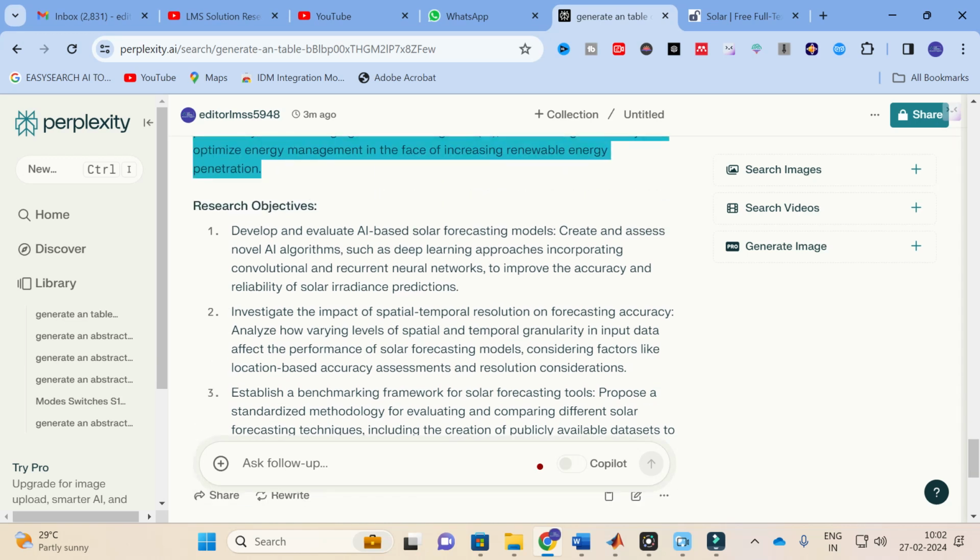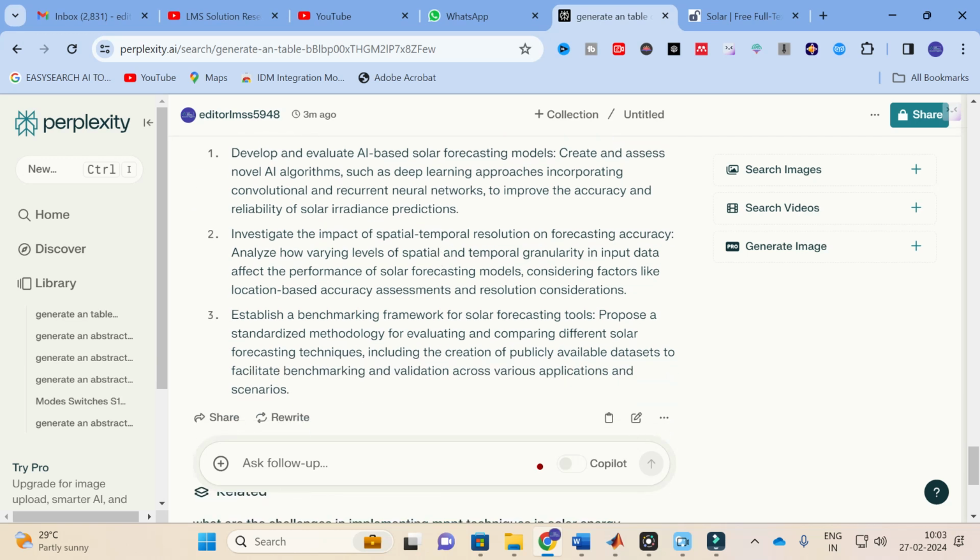Here you can see: develop and evaluate AI-based solar forecasting models, create and assess novel AI algorithms such as deep learning approaches incorporating convolutional and recurrent neural networks to improve the accuracy and reliability of solar irradiance predictions. Like that it has generated 3 different research objectives.